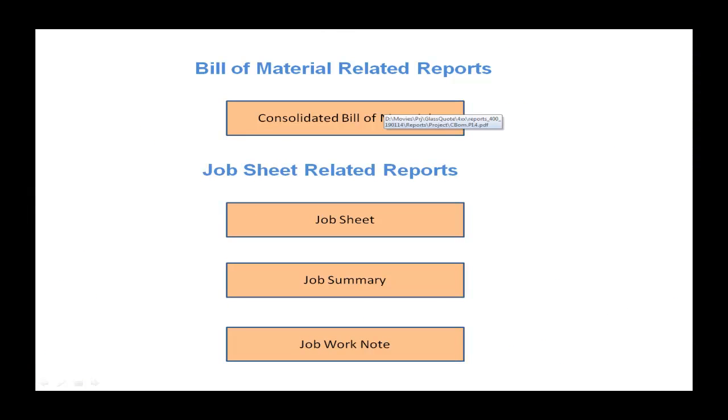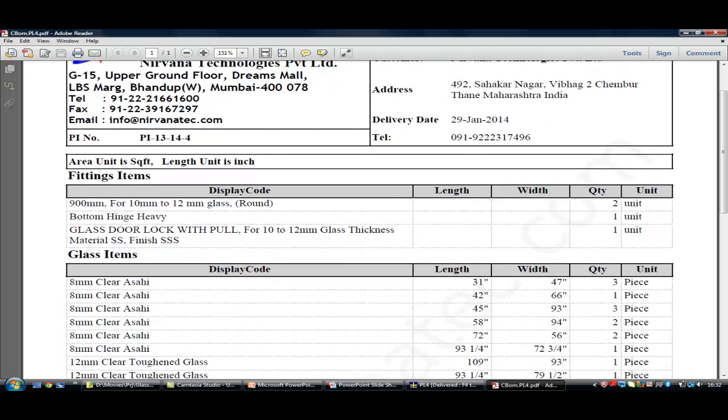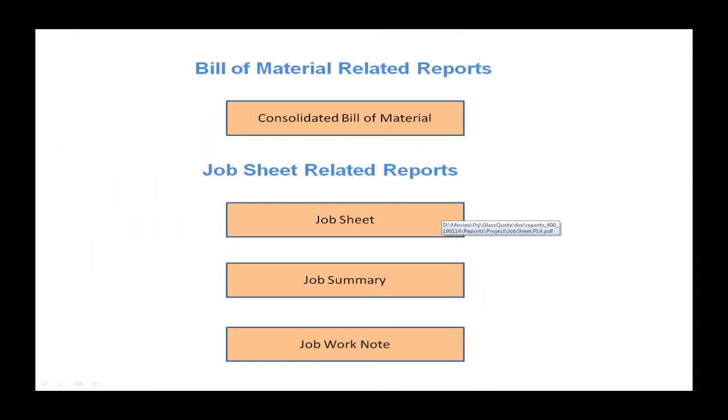Next, we have bill of material related reports, in which bill of material in consolidated form. Here we'll get the list of items to be delivered to customer. The job sheet report.